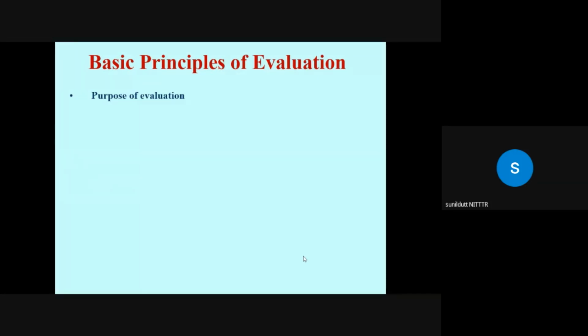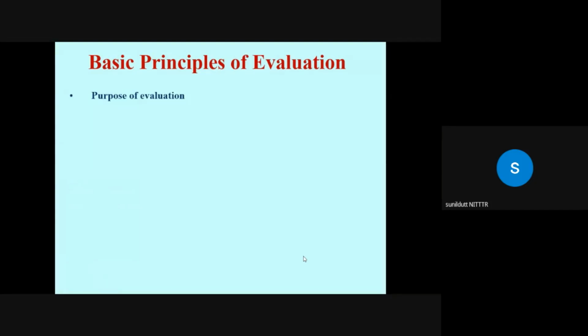So friends, effectiveness of evaluation depends upon knowing the purpose of evaluation, and it should precede the selection of evaluation device. क्योंकि मैंने पहले ही आपको बोला था, the evaluation technique depends upon the purpose of the evaluation, okay, and